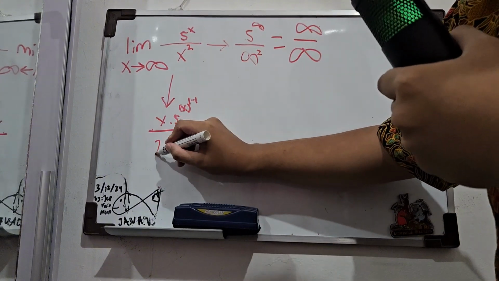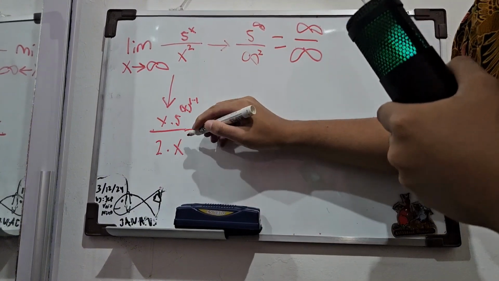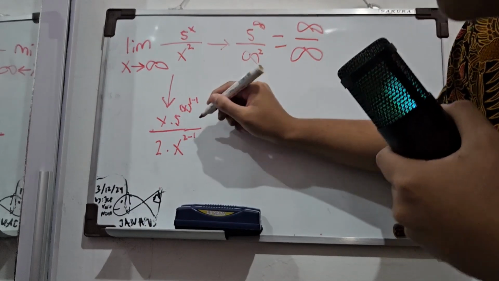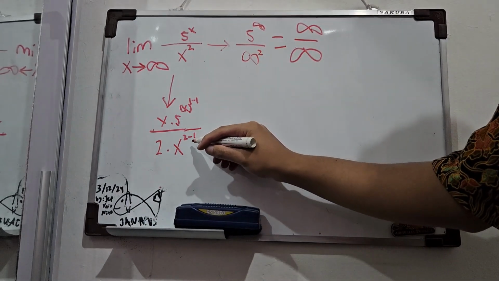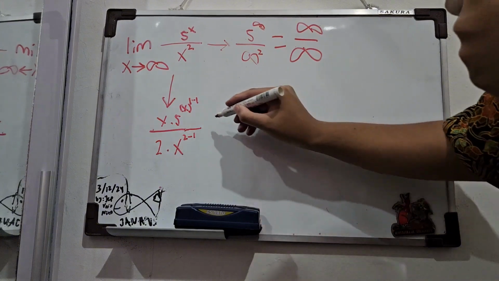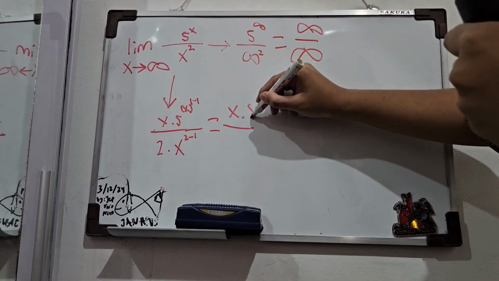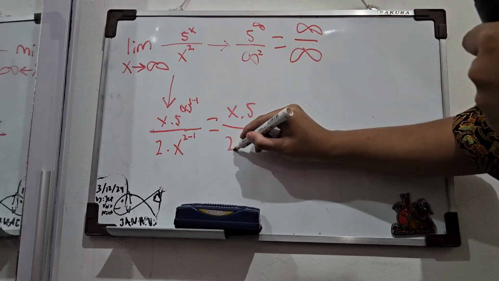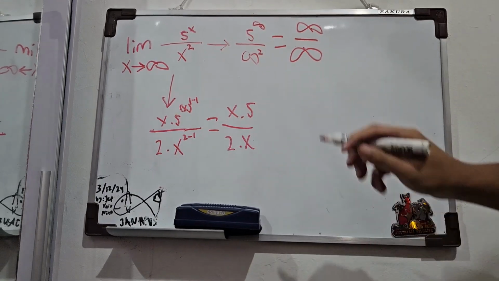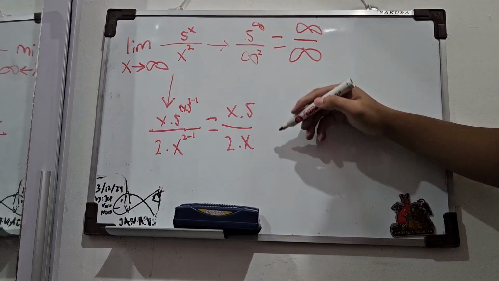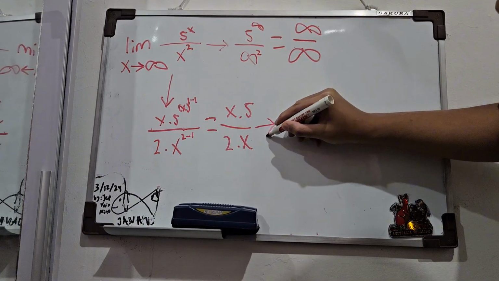And downwards we have 2 times x, 2 minus 1, which would become 1, and it would just still be x. So if I write it, it'll be something like this. 2 times x. If we were to substitute in right now, it would still be indeterminate. So we have to do L'Hopital's theorem once more,